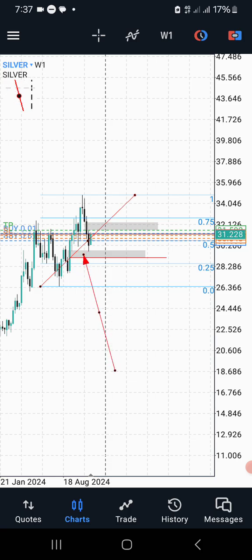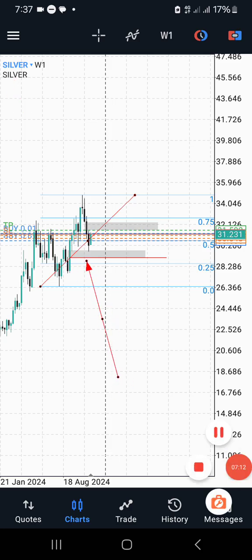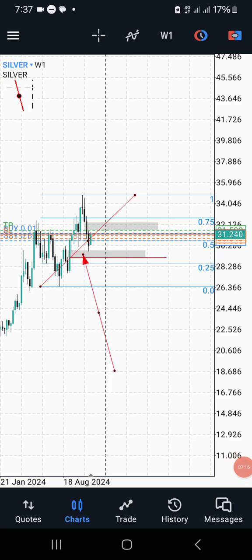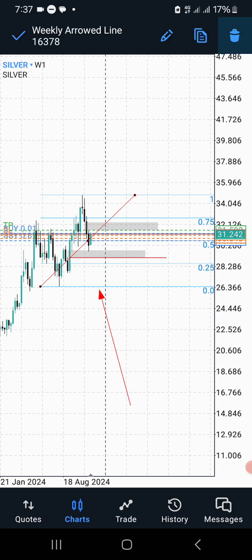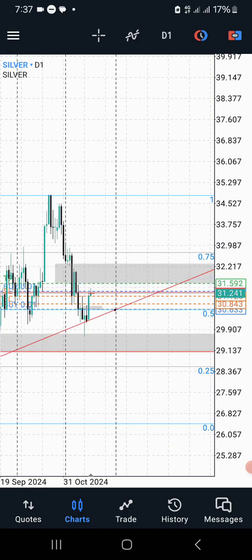I was actually anticipating a deeper move into this before, and that will be clear when I move into the lower time frames. I wanted to see price at least move deeper here before I purchase, but it didn't give me what I want. And so going into the daily,